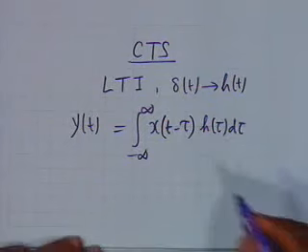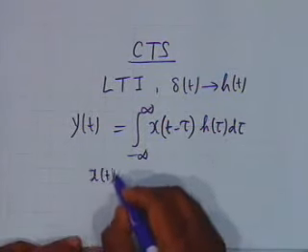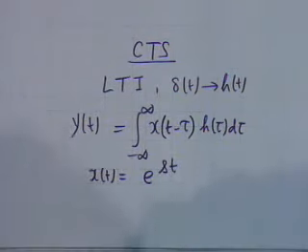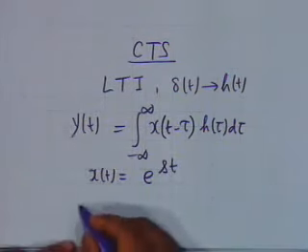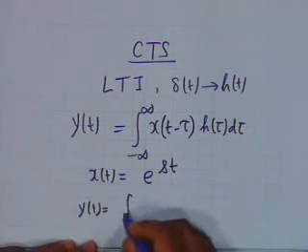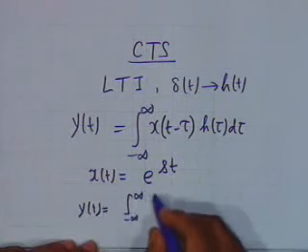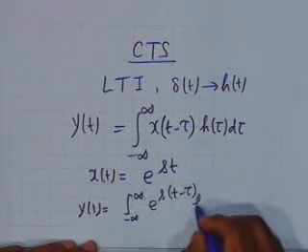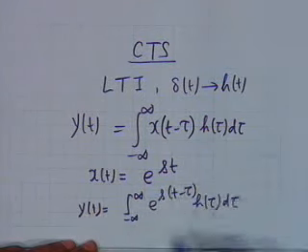Now, if x of t is the elementary exponential signal e to the st, then y of t becomes the integral from minus infinity to infinity of e to the power s t minus tau h tau d tau,